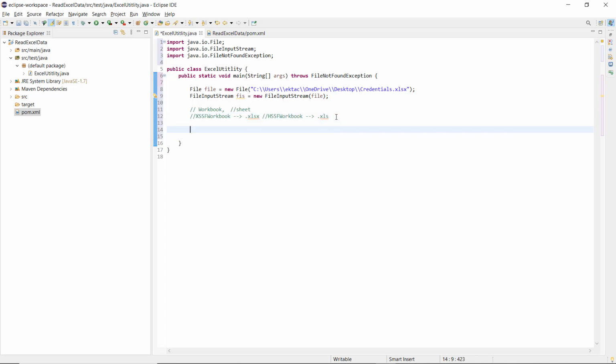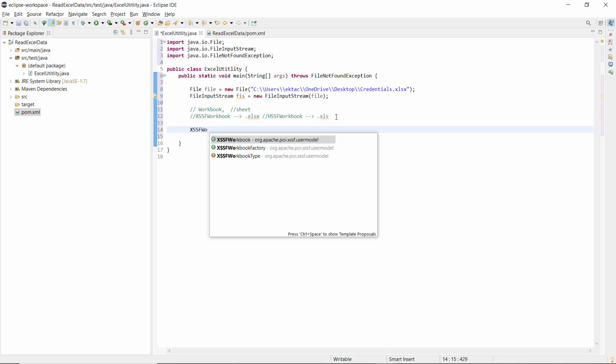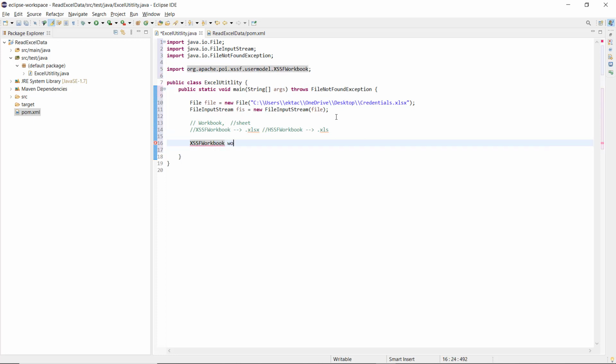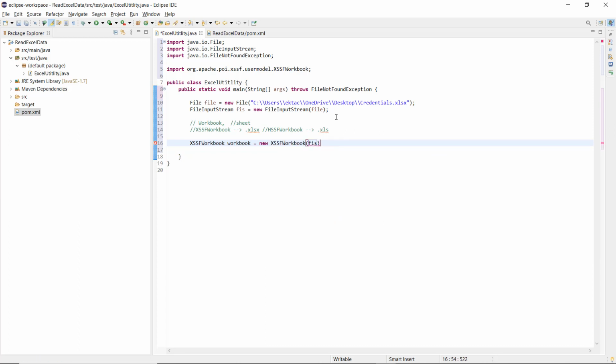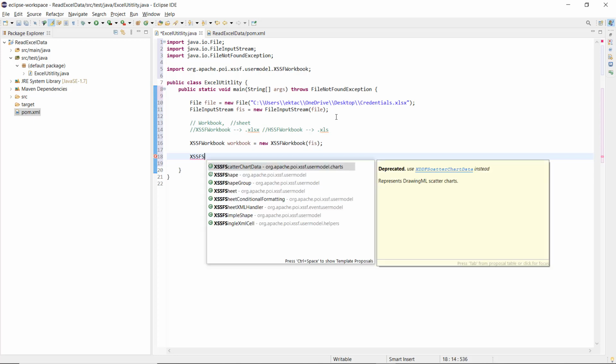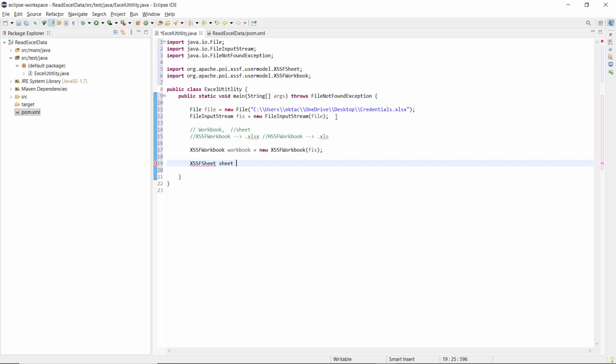So let me create an object of this particular class. XSSF workbook. Let me name it workbook is equal to new XSSF workbook. So we'll take this one and we'll take this. Once you have your workbook created, the next thing you have to do is XSSF sheet. So let me name it as sheet is equal to